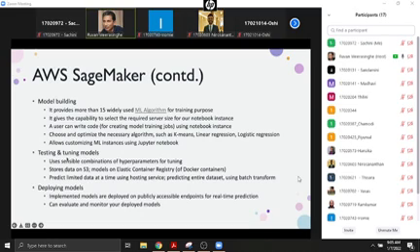Then testing and tuning, automatically. SageMaker is able to use sensible combinations of hyperparameters for tuning. Now, this is good and bad. It's bad if you don't know what to do. If you don't know what parameter tuning is, you don't know. Or it also is bad if you treat it as a black box. You know.